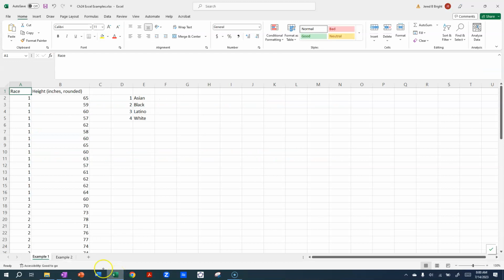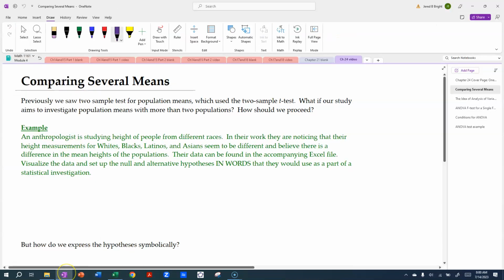Here it is. And so before we get to the data though, it says we need to visualize the data and then set up null and alternative hypotheses in words. Okay. And so maybe let's start there. Let's start with the hypotheses. So for the null and alternate, and again, H1 or HA is fine. The null is claiming no effect. Okay, so we're going to say if there's no effect, we would believe by default that the mean